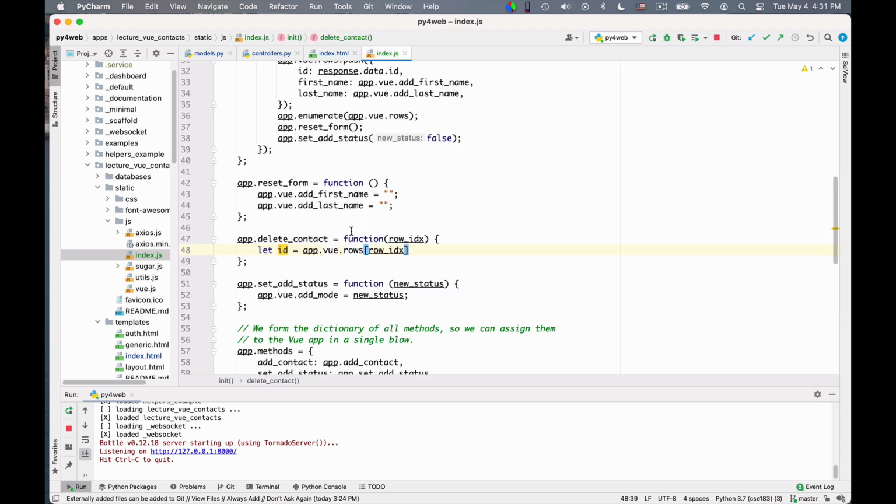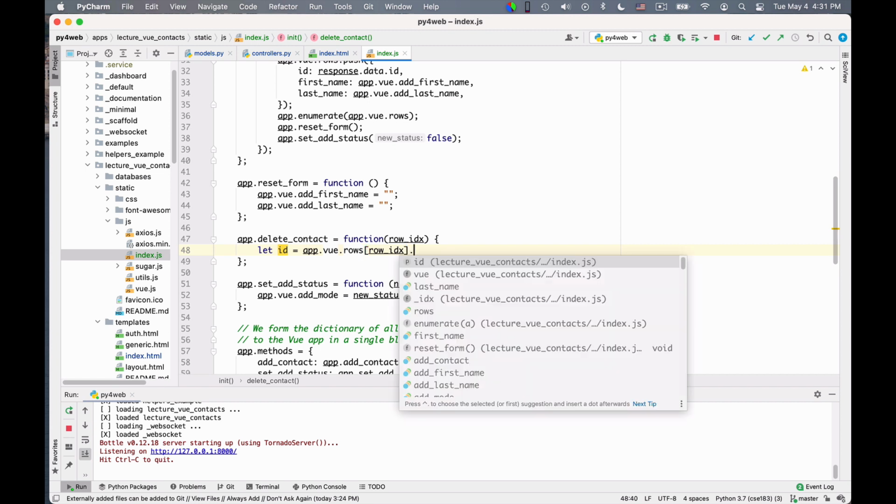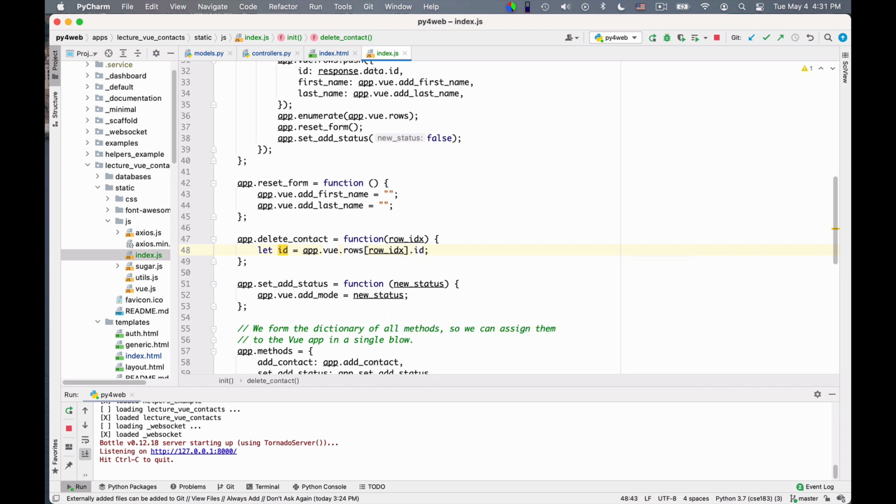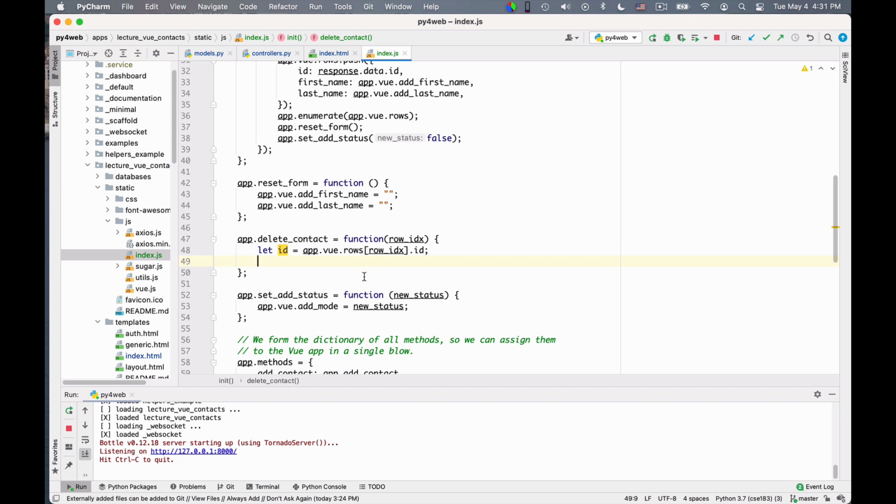In delete contact, I can take the row index and use it to fish out the actual row. And so then here I say .id, because, you know, I want the database ID portion of it. I want to tell the server essentially delete the row that has this ID in the database. And so notice that the ID in the database is in general different from the index. You can see it really well